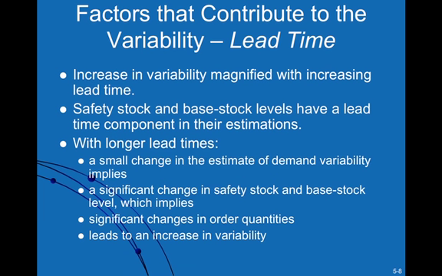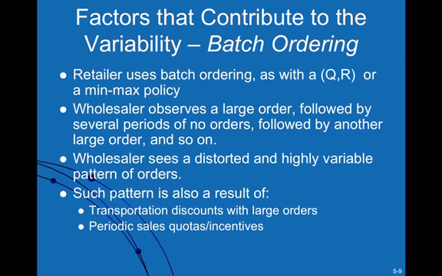There are other factors that contribute to variability. Lead time, of course. The lead time is not always constant. And because the calculation of, say, base stock levels in a periodic review inventory system involves the lead time, then the longer the lead time, the greater the need for safety stock. And so in a case like that, any changes to the lead time affect the safety stock levels, and that then affects the order quantities by the retailer or the distributor and so on. Again, when you backward propagate this, you're increasing the variability as you go backward. So lead time also plays an important role.